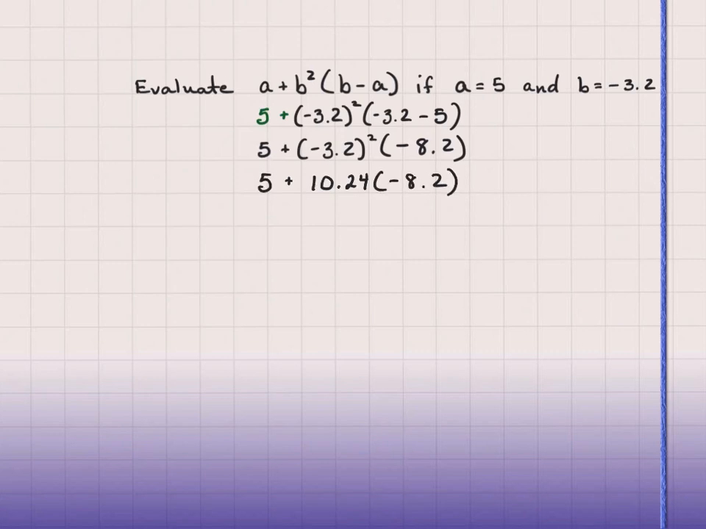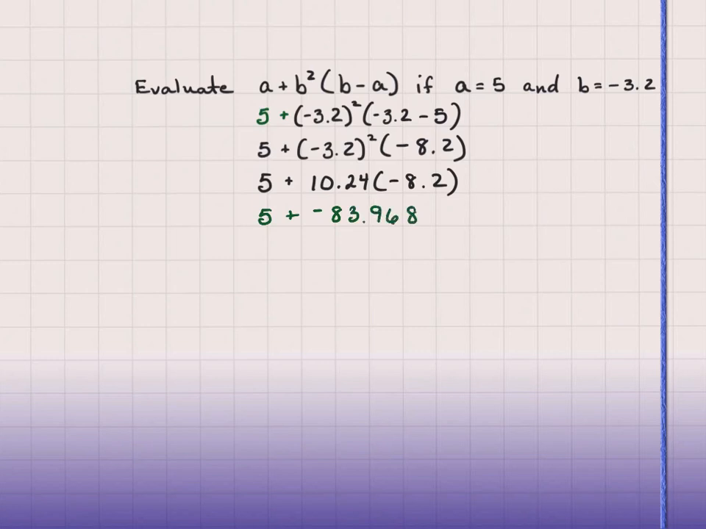And then we just continue on. Our next step is we've got two operations in here. We have addition, and this is a multiplication right here. So multiplication comes first. So we're going to have 5 plus, and we're going to take our 10.24 and take it times that negative 8.2. That's going to give us negative